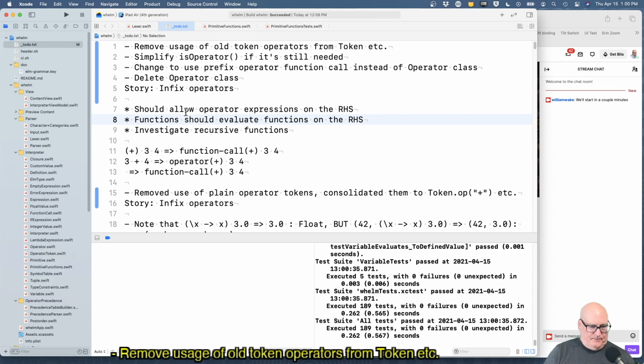So it's a multi-stage refactoring that we're doing, and so we're working on it piece by piece. One thing we've done is there were token operators, like a separate token for plus and minus and times and all the operators, and we're changing that over to use just one token operator, and it's going to pass the actual operator string as its argument. And we've modified